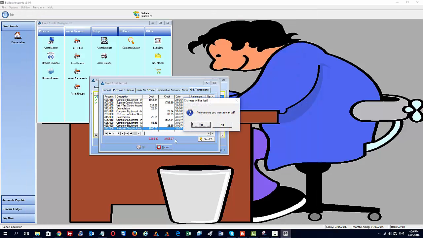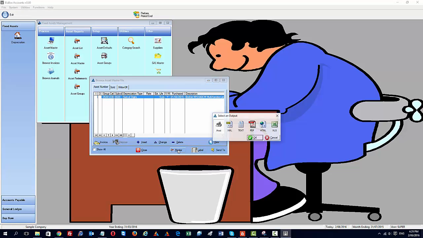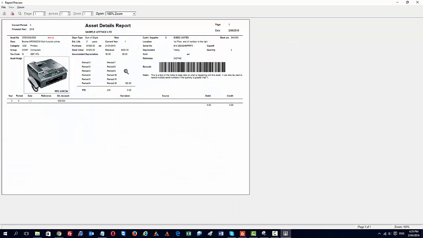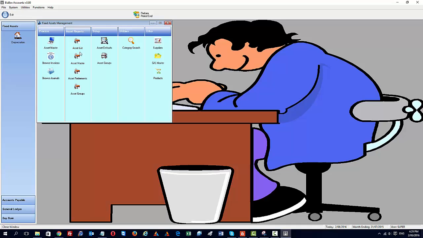Okay, so that's basically it. And that's how you maintain an asset. You can print a label, you can print a report if you want. There we go. And then you've got your reports, your asset list, your asset master, retirements, asset groups,